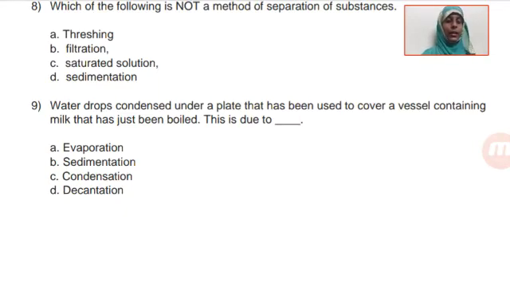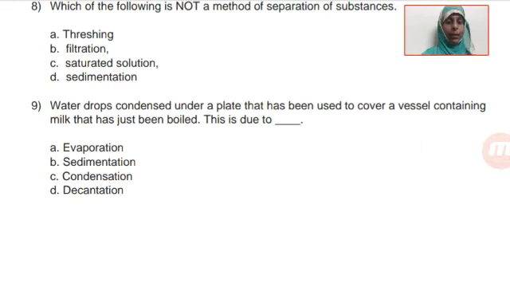You may observe this in your kitchen too, like your mother is boiling milk. Try this at home too, children. Put the plate or the lid on it. After some time you will see water droplets. Why do the water droplets collect on the lid?